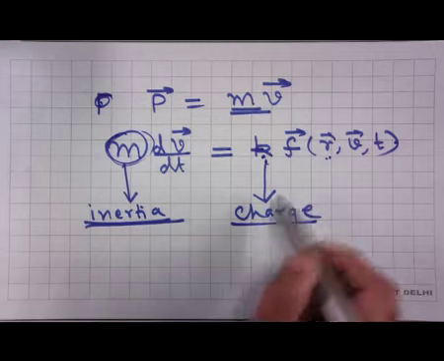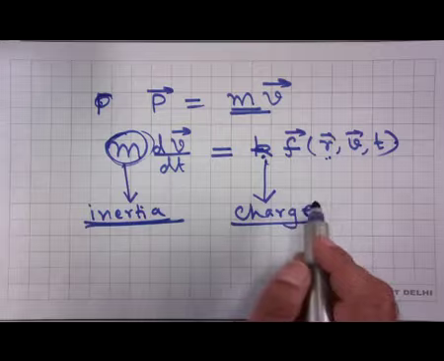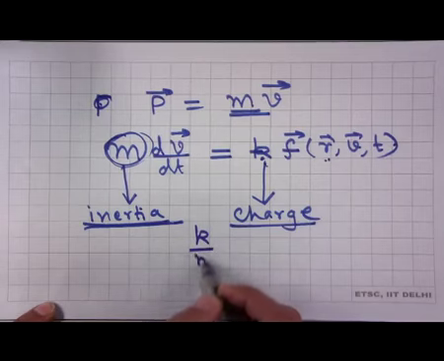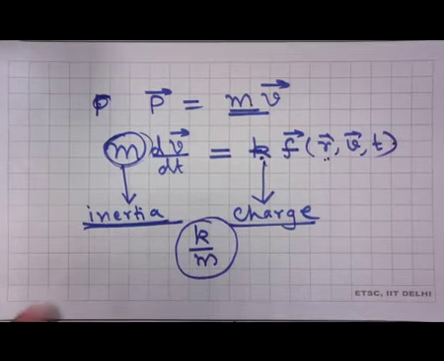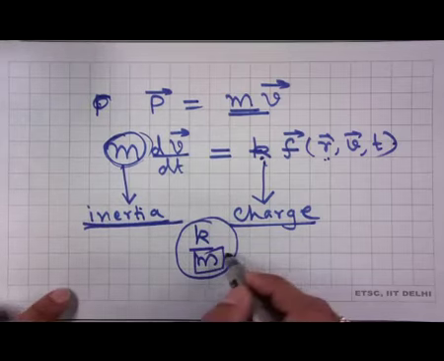So, every object comes with an inertia which is characterized by its mass, and then you have the charge corresponding to the interaction. Your spring constant is the charge for Hooke's law. Your electric charge is the charge for, for instance, your Coulomb law, so on and so forth. And the final response depends on this charge by inertia, K by m. And that is the reason why Newton called this the inertia.